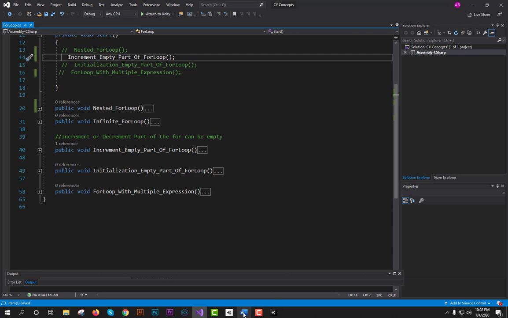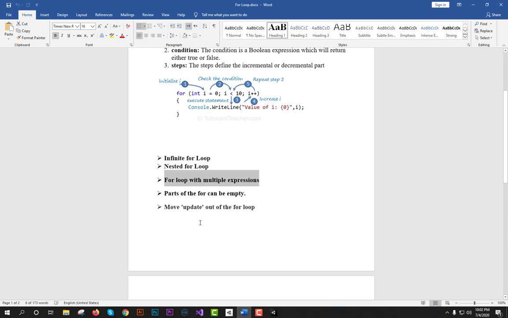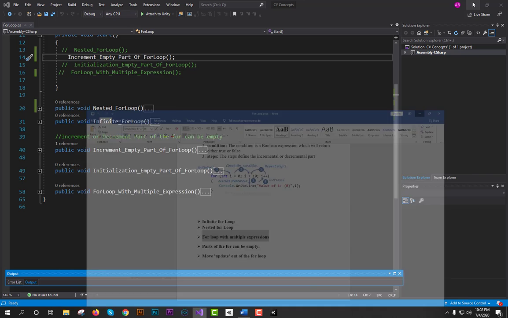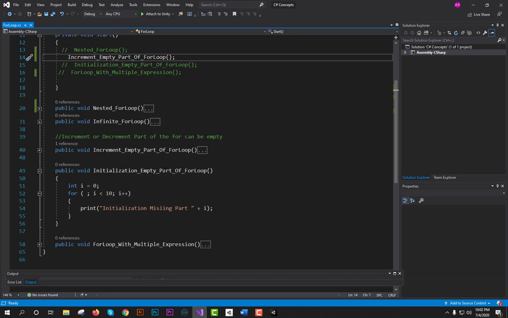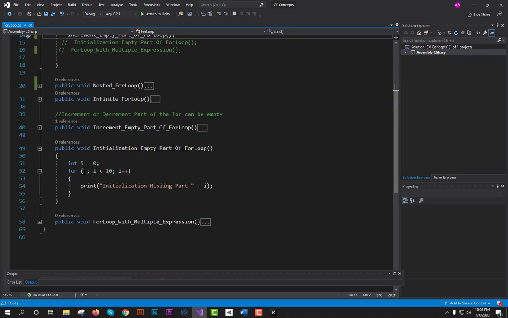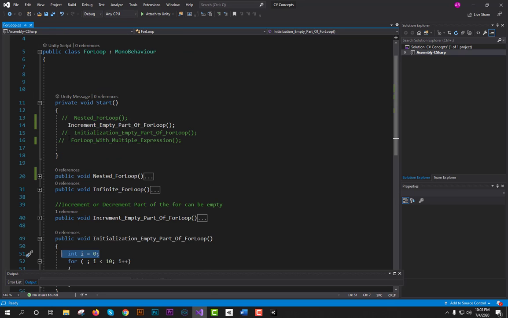Now the last thing is moving the update out of the for loop. What does it mean? It means the initialization can be empty. We can specify it before the for loop. So it can be empty, we can specify it here. So this is also a true statement.